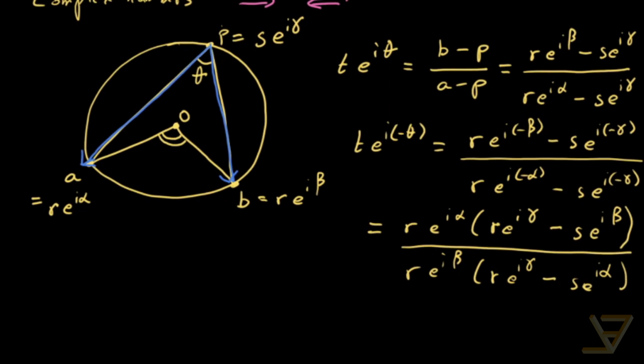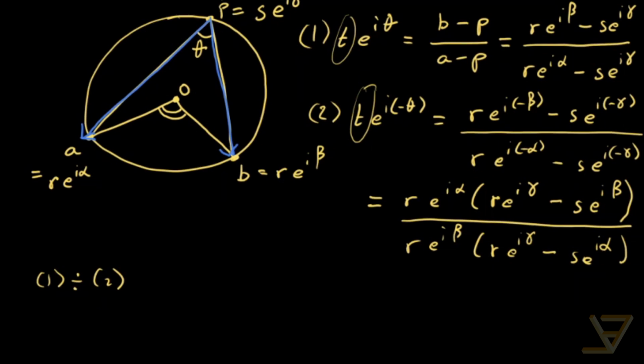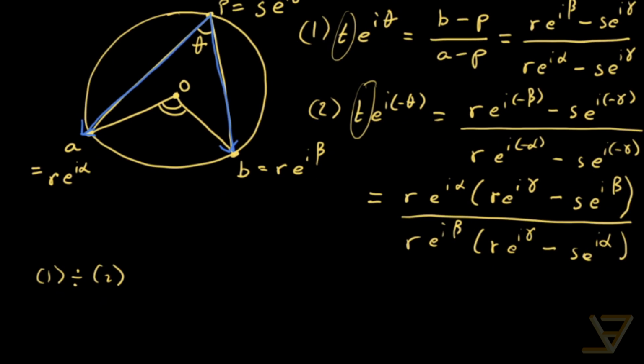And what we're going to do now, we're going to take this first equation, we're going to take the second equation, and we're going to do 1 divided by 2 so that we can get rid of the t. We don't care for this magnitude t, it doesn't matter to us. So that'll let us get rid of the magnitude t. So what we get in that case is e to the i 2 theta, because theta minus negative theta is 2 theta, is equal to